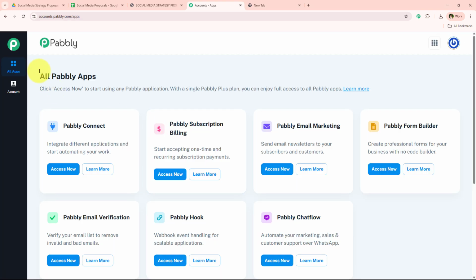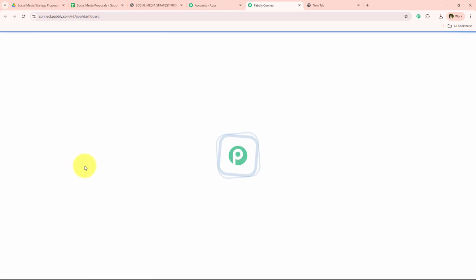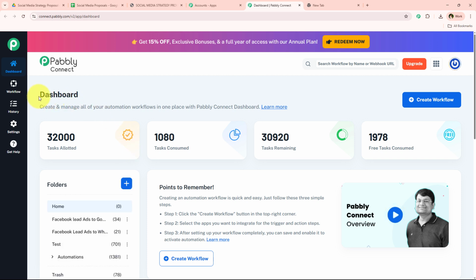And once I click on this sign in, it is opening all Pabbly apps. And over here you can see all the tools and applications offered by Pabbly. But in today's video we are going to use Pabbly Connect because we are connecting different applications. So I'm simply going to click on this access now right over here to access my Pabbly Connect account. And now it is opening my dashboard, and to get started we are simply going to click on this button